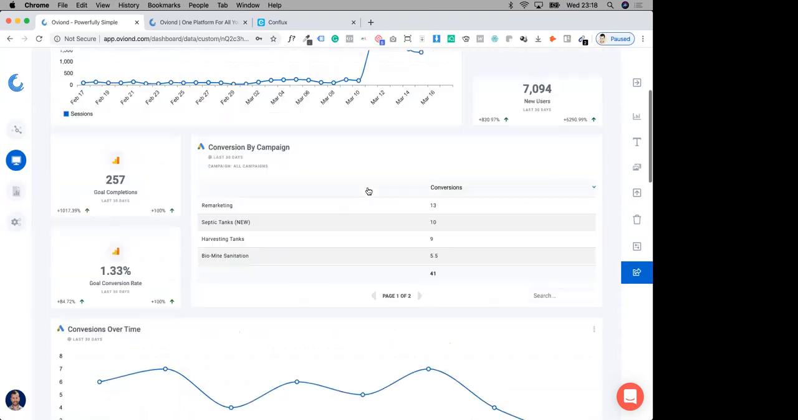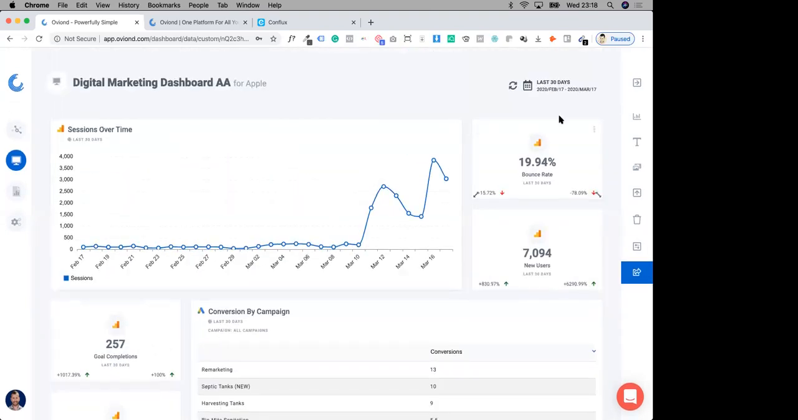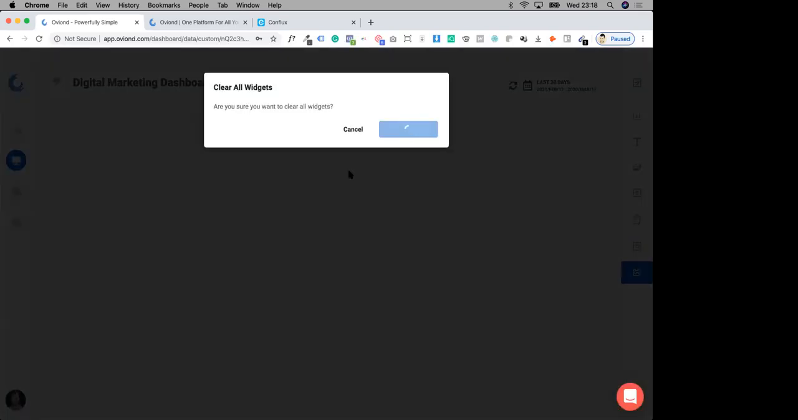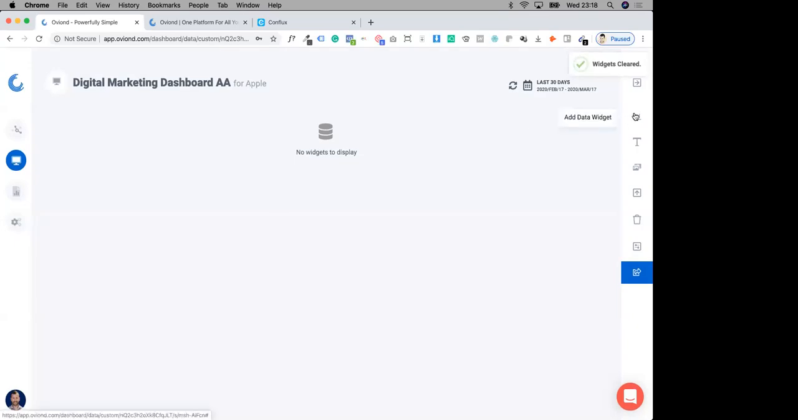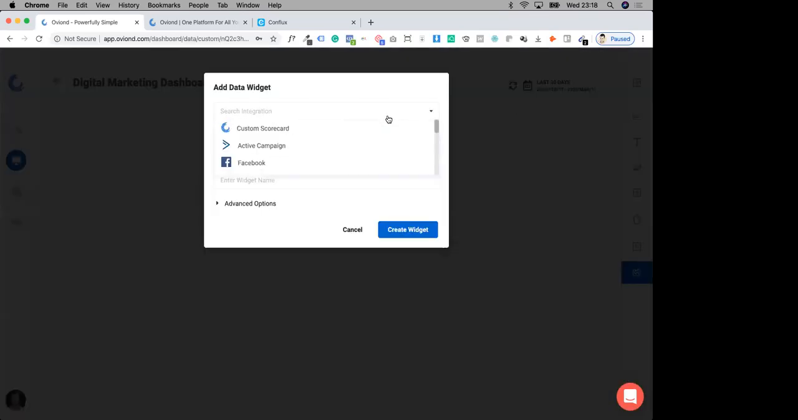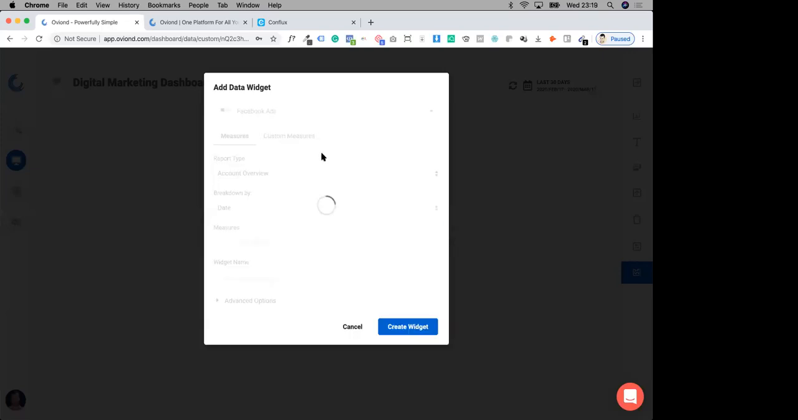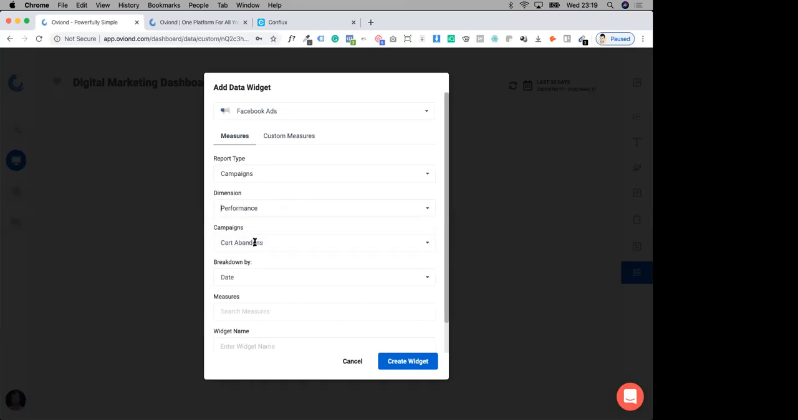So that's how it kind of all comes together. So what we could do is go and clear all the widgets out on this dashboard. And I'll just show you guys quickly how you can bring in any data from any of the connected data integrations. So we could bring in data right here, like if we want to bring in some Facebook ad data as an example. We could look at some campaign data, look at some performance data, and